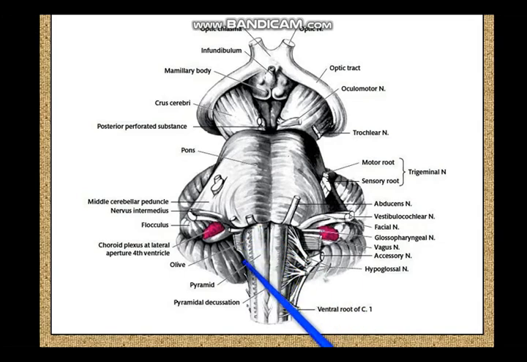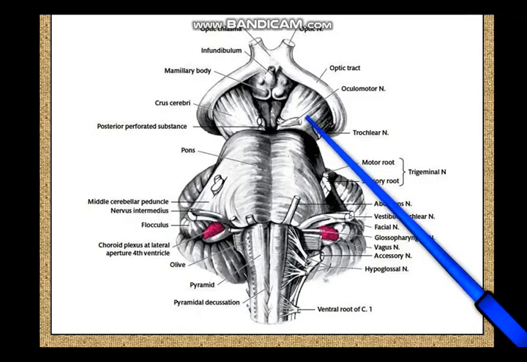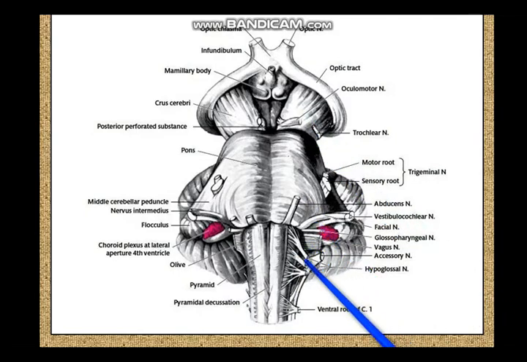By the side of the pyramid you have an oval elevation which is called the olive, and under the olive you have the inferior olivary nucleus and the accessory olivary nuclei. So pyramid, olive, and beyond the olive, further laterally, which you can't see clearly, is the inferior cerebellar peduncle. We have already said that the superior cerebellar peduncle from the midbrain and the inferior cerebellar peduncle from the medulla are not clearly visible anteriorly, only from the back. But you just know that anteriorly from medial to lateral, you have the pyramid, the elevation of the olive, and further laterally the inferior cerebellar peduncle.